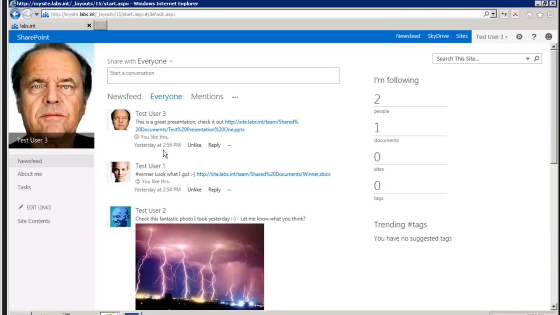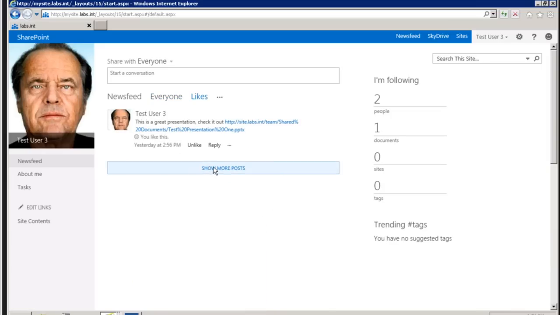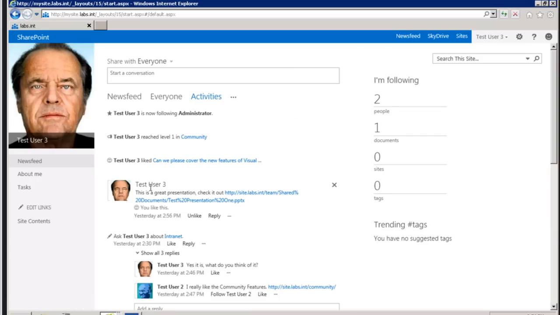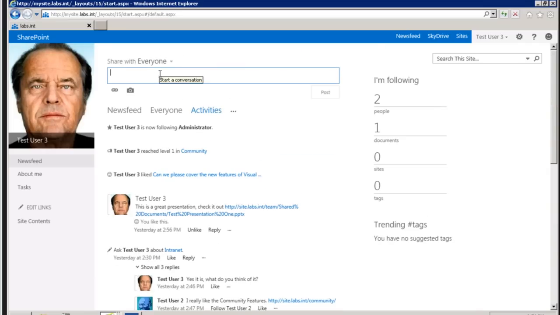Now that may take a little bit of time to synchronize, but I've now liked that value. Let's see if the likes show up yet. There we go. And my likes now show up. I liked that value. And as they go through and get processed, the more of those will show up. So you'll see that we have this very rich user interface of being able to act. So if I want to start a conversation,